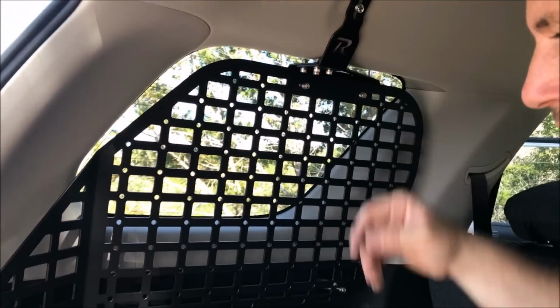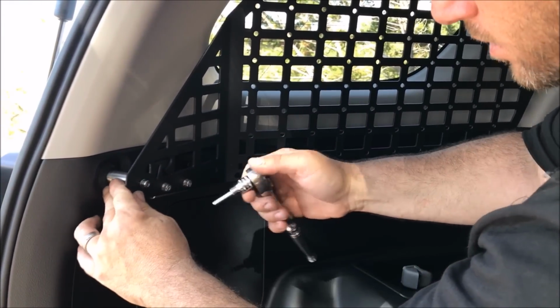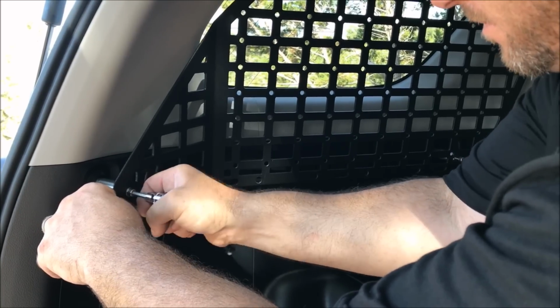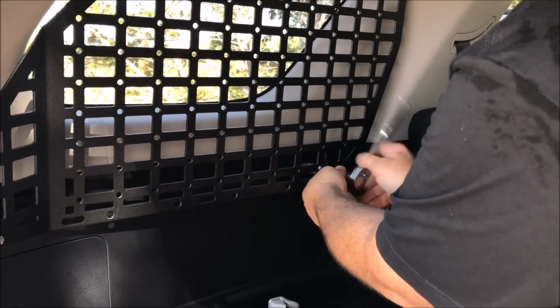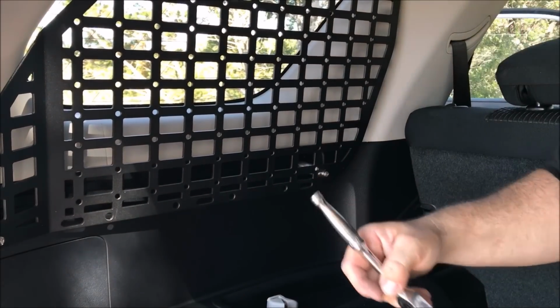So all these are pretty much loose. What I'm going to do is I'm just going to center the hole here. Just tighten that. Go here and tighten this one. Then